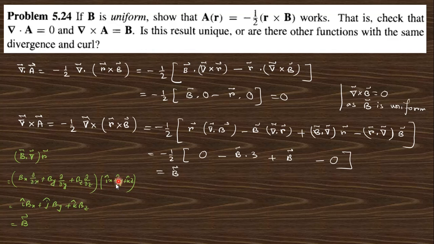So del x of this will be I cap, del del y of this will be y cap, and del del z is k cap. So finally you get this B vector. So what about this? This is the curl of A, like that. That is the B vector. Clear? Go to the next question.